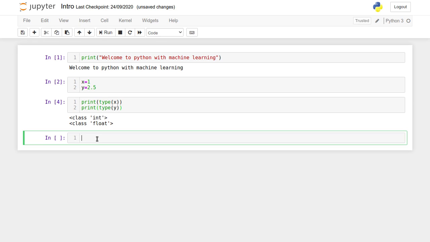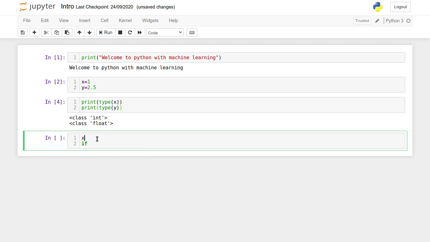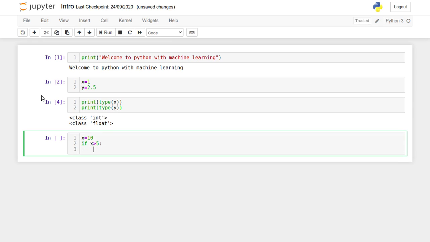Then, looking at the various conditions and looping statements. The if is written similar to how we write it in C, but with a small change in the syntax. If I have a variable x equal to 10 and I want to check whether x is greater than 5, each if condition is terminated with a colon, and there should be an indentation, since Python doesn't use any brackets for blocks; indentation itself represents the blocks.